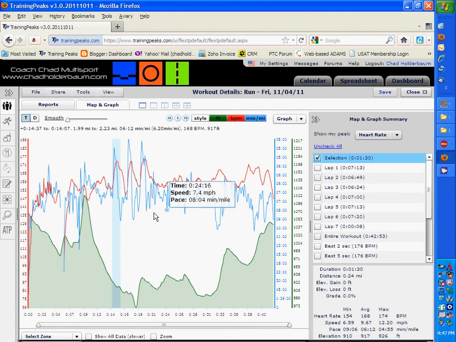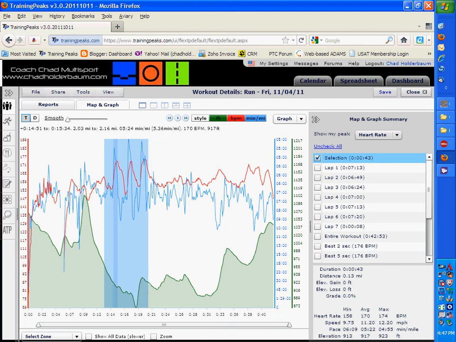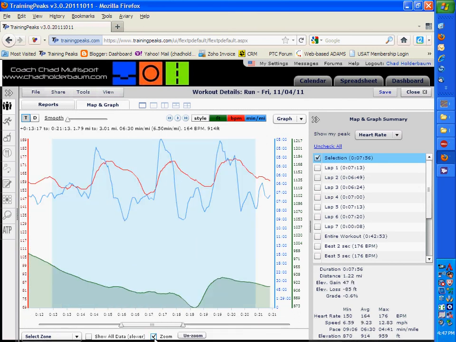That probably took it too far. Actually, you can select this whole period here and zoom in. There we go. It looks like the pace started here. Looks like I actually dropped a little bit below